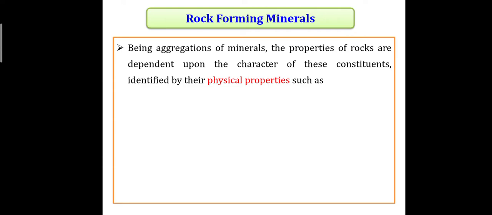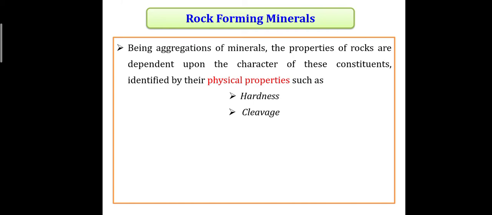When I said it is a natural earthy material, finally rock comes from a natural earthy material. In the microscopic form, it has minerals in it. And how will you find out it is a mineral? A mineral has the following properties, and the first is hardness. There is a scale called Mohs scale of hardness, which is used to measure the hardness of a stone or a rock. Next we take cleavage. What is cleavage? When you break a stone, it can break into one or two or three pieces, depending upon the cleavage.